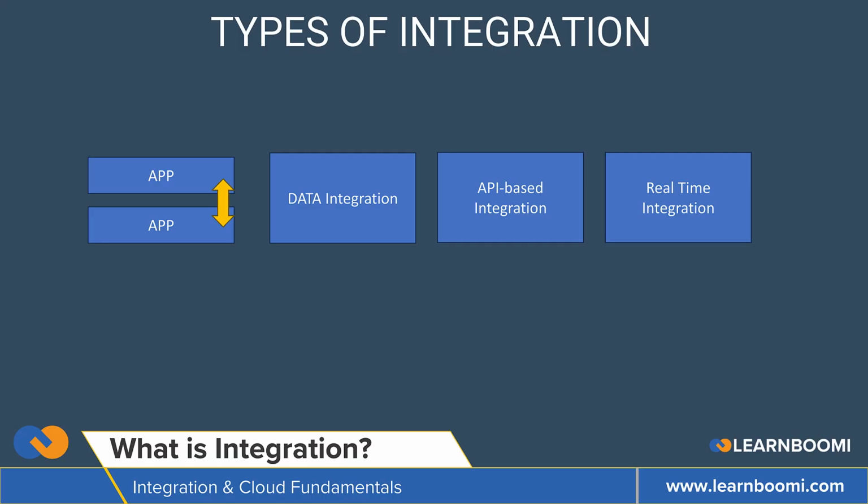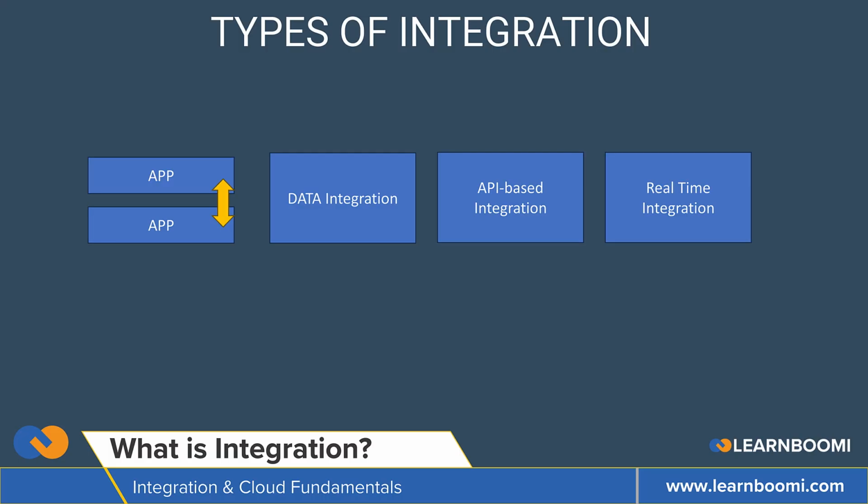Next, let's understand different types of integration. I'll give you a very simple view to understand this. First one is the app to app integration. Means, let's say you have a CRM system and you have an email marketing system. So that's basically two applications communicating with each other. Next is an e-commerce application and an ERP system. So two applications are talking to each other, which is nothing but a different type of the integration we are talking about. So that's basically app to app integration.